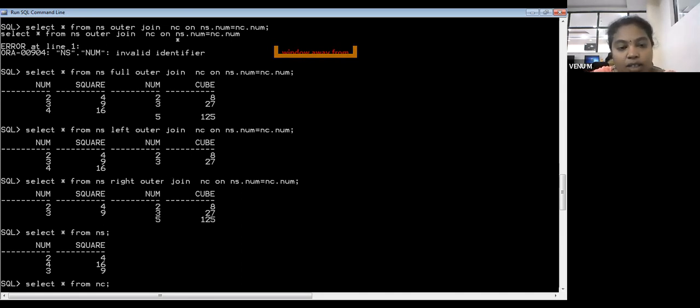At the same time, right outer join means right side data has to be displayed and the left unmatched tuple has to be put null values. In the same manner, observe full outer join: all the left table has to be filled first, with the respective unmatched tuples having null values. Next, the unmatched tuples for the left side have to be put null values. Here you have to observe these three: left outer join, right outer join, full outer join.